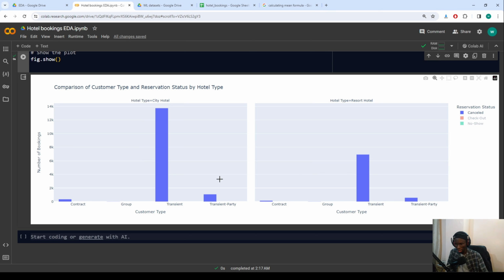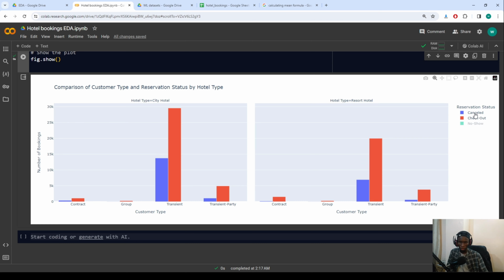They are followed by the transient party. So again, the transient party in terms of cancellations are the second, followed by the contracts. And when we look at the contract, again it is high for the city hotels, and for the group, you can see that it is quite low in terms of cancellation. For the checkout, this means that they booked for the city hotel